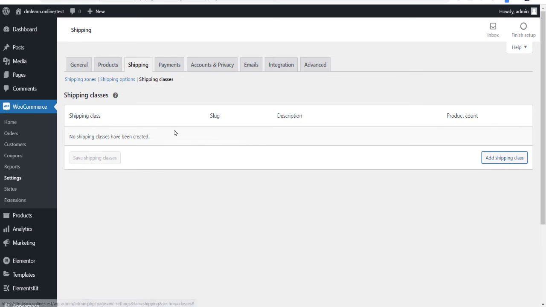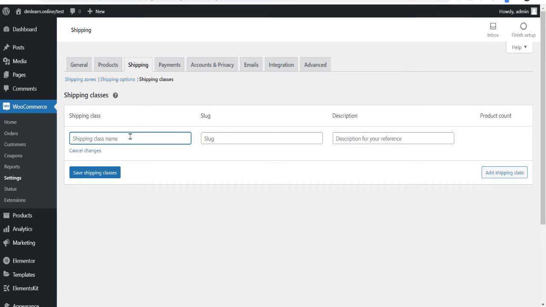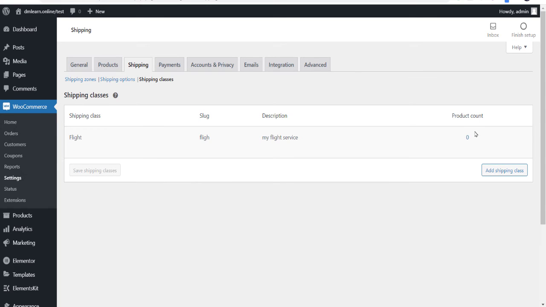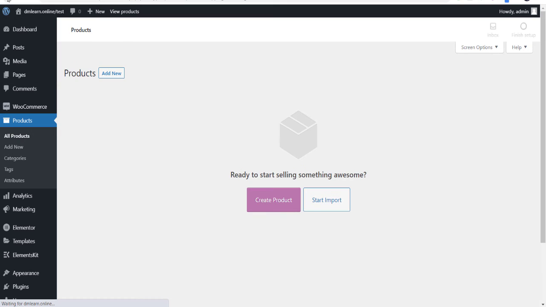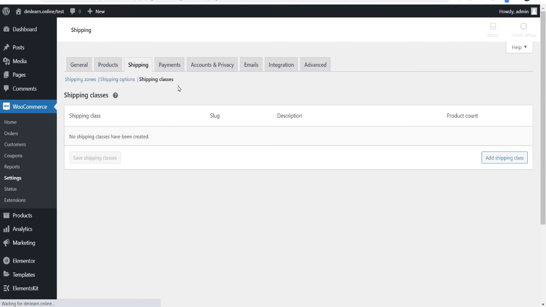Suppose I want to give a class, like ship, flight, and my flight service. Whenever I get any flight courier, I can check how many products I have in this class, and later on I can check whether I am getting international orders or not. So it helps you with the help of classes.